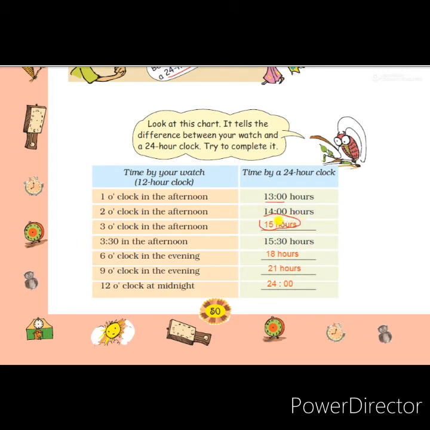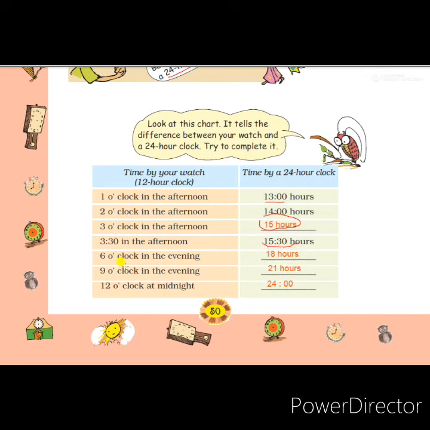Now see the next time, 3:30 in the afternoon. This is also PM. So 3:30 plus 12 equals 15 hours 30 minutes, 15:30 hours. That is the answer. Now 6 o'clock in the evening. 6 plus 12. We know that 6 plus 12 is 18. So 18 hours in the